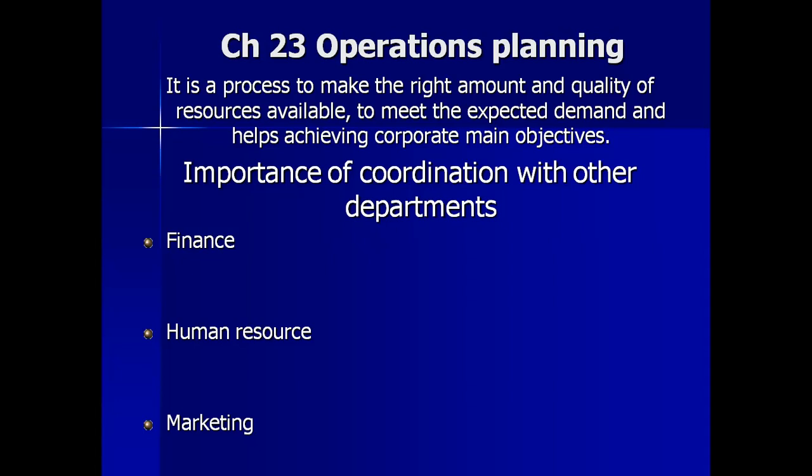So now you can imagine that if there is no coordination between them, whatever the operations department produces might not be liked by the people. Why? Because maybe their taste has changed, their income level has gone down or gone up, so they may require a different type of item. If their income has gone up, they might require a higher quality item because now they can afford it, or if the income has gone down, they might like to buy an inferior, low quality item, because now they cannot afford it. So this needs to be told by the marketing department to the operations department, and it can only happen when